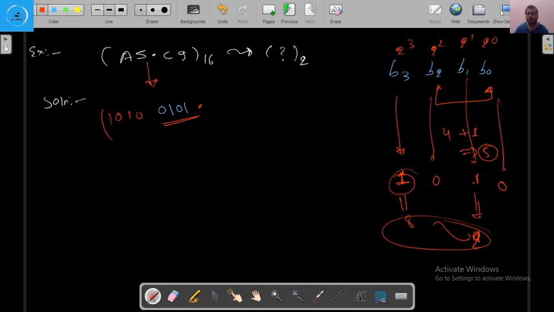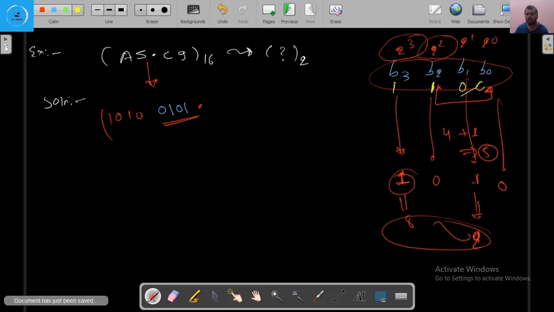For 12, the bits should be at a high level. See, 2 to power 3, that is 8, plus 2 to power 2, that is 4. If we add these two, we are getting 12. So we have to make this bit 1, this bit 1, and the rest of the bits are 0. So we are going to get 12. Here we are writing 1 1 0 0.